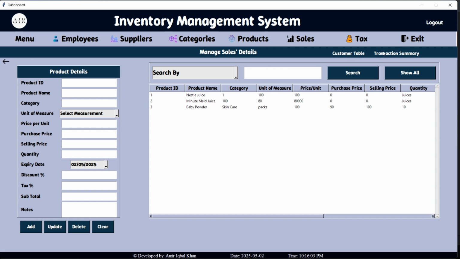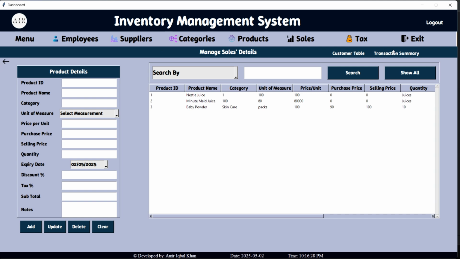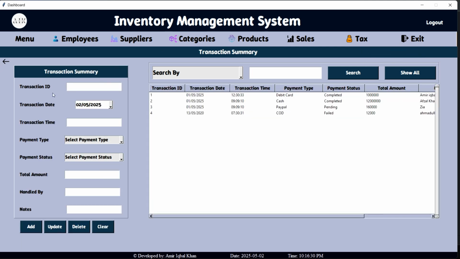If you come into these two parts, you can see the customer table and the transaction summary. This stores all the details of the customers: customer ID, name, contact, customer address, customer type, and additional notes. You can do the same things with these buttons, add, update, delete, and clear, as in the previous menus. So if you go back and come into the transaction summary, you can see there is the transaction ID, transaction date, transaction time,